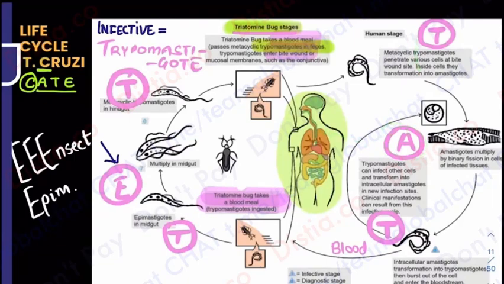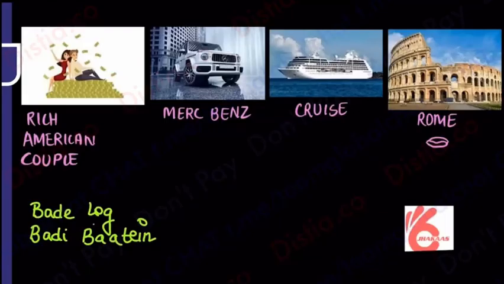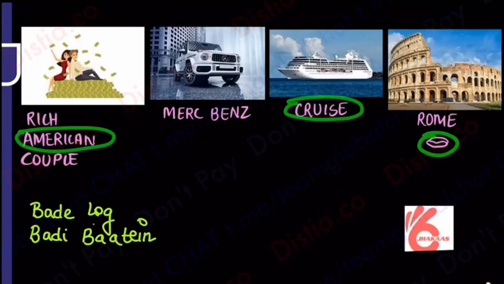Okay. Now guys, let's talk about the disease. So what all have I done in this mnemonic? I have understood the American. It is American trypanosomiasis. Very good. I have understood it is Trypanosoma cruzi. Excellent. I have understood the kissing bug story. And now I can come down to this condition, that is Chagas